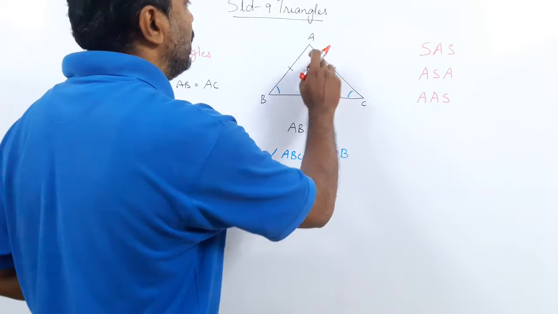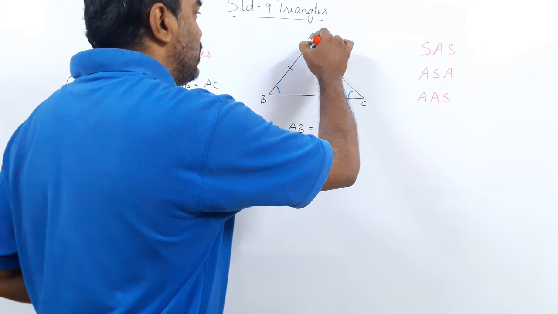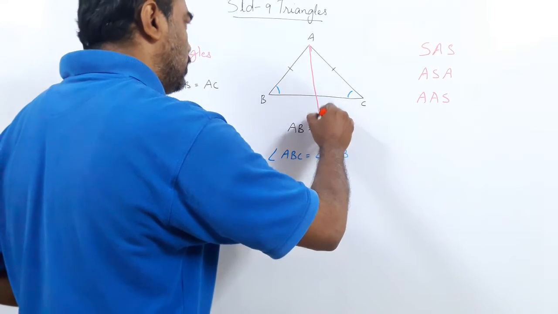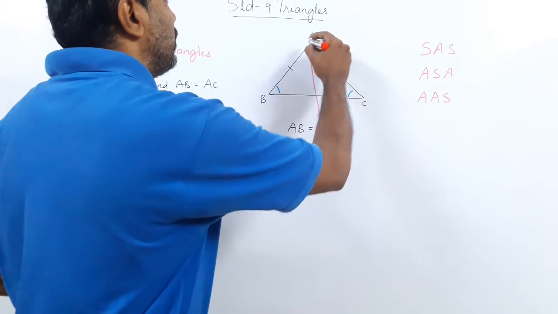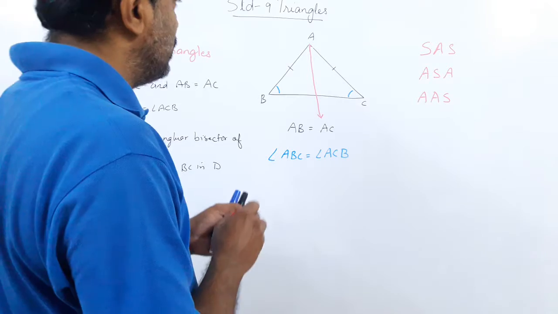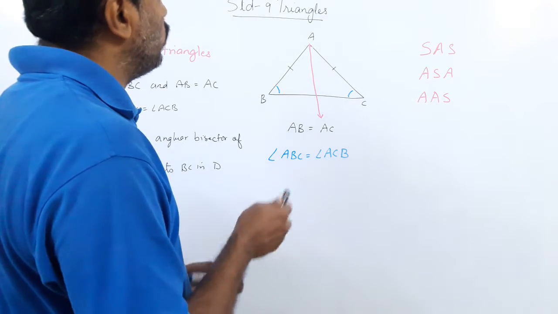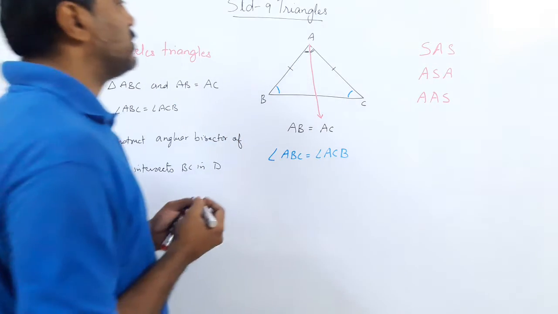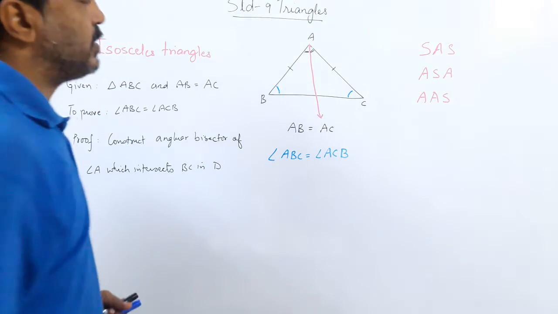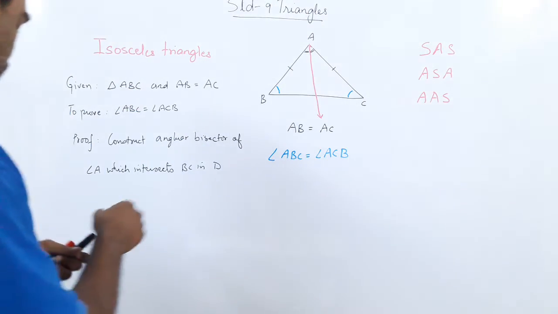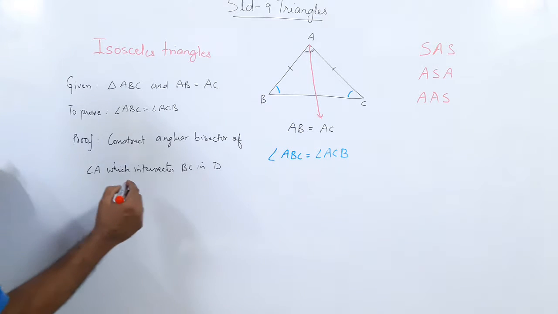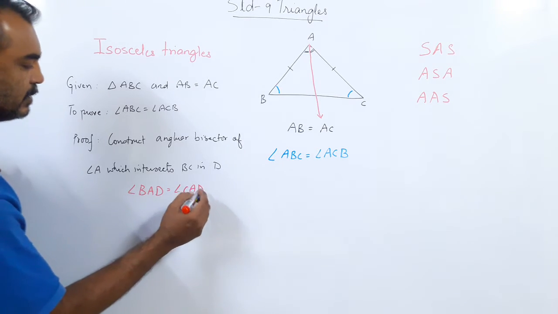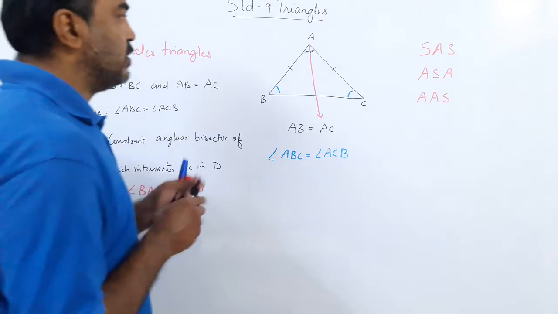This is angle BAC, the angle A. Now the line which divides this is the angular bisector. The angular bisector means it divides the angle A into two equal parts. So what I have done is the construction. This I can do on my own. I have drawn the angular bisector which divides angle A into two equal parts. So by construction I have got angle BAD equal to angle CAD. This is by construction. Why? Because I have taken this point to be D.